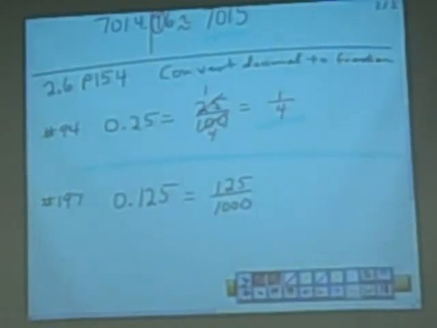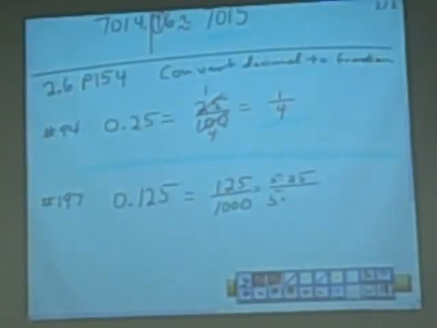Okay, well, we know that 5 can go into both, right? Well, 5 can go into 125 5 times, right? And that would leave us, 5 times 25 is 125, right? Yeah. 5 into 1,000, that's